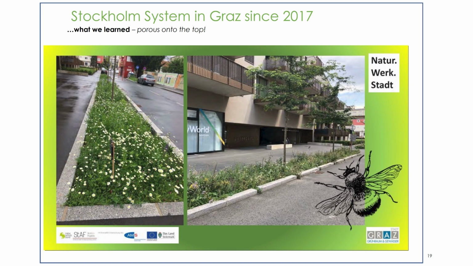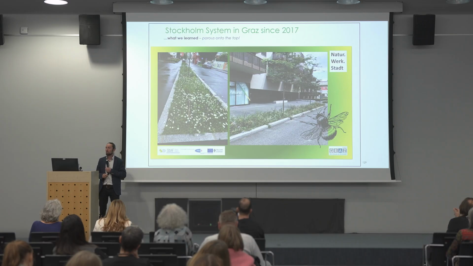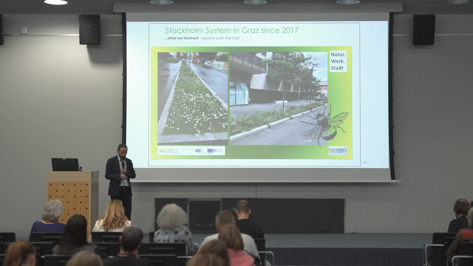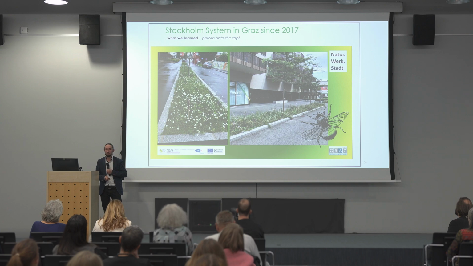And here we see the seeds are around 80 species. So on every spot you have a different picture, because every spot has different conditions, and so you have a lot of different pictures with the same seeds, actually. This, for example, is where the water also comes in from the street and from the pedestrian area, and we have these tiny meadows, which are also not such intensive work in the maintenance.